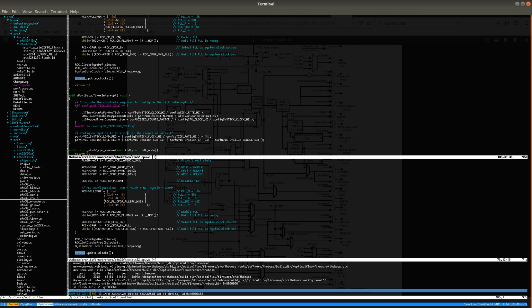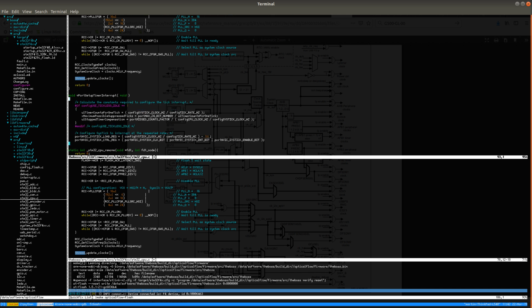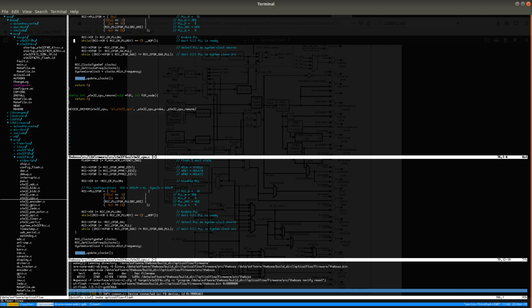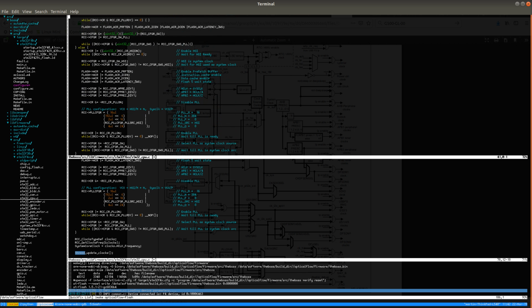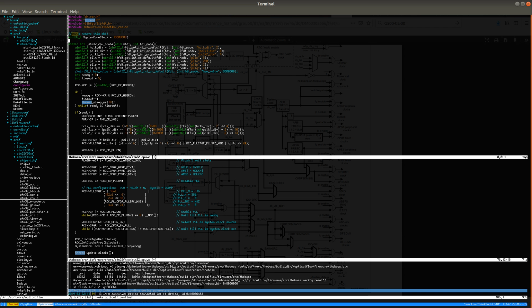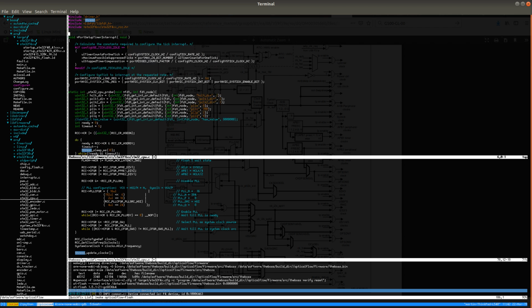So if I can live without tickless idle, I could actually delete this part. Or I could actually make this dependent on FreeRTOS. Yeah, that's probably better. So include